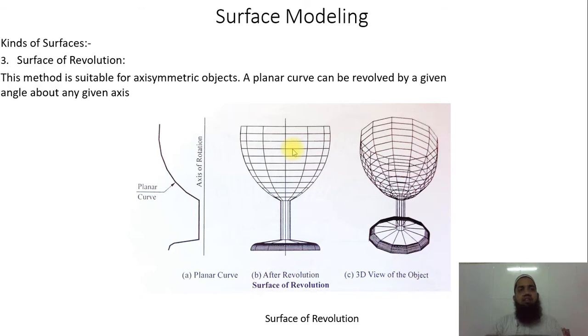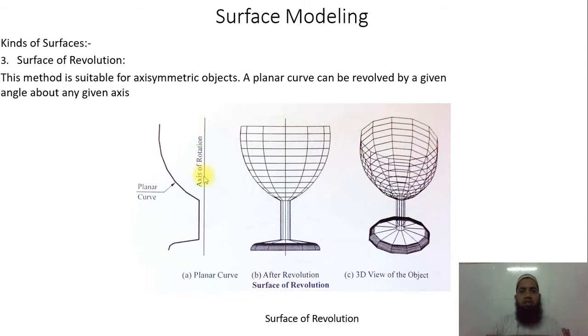Next we are having a third one, that is the surface of revolution. In the surface of revolution, we have here a plane curve profile, and this curve profile is a little bit offset from the axis of rotation. In case of SolidWorks, you just generate this curve profile by using the curve tool, and after that you can give a command.